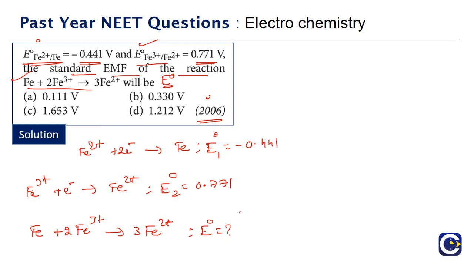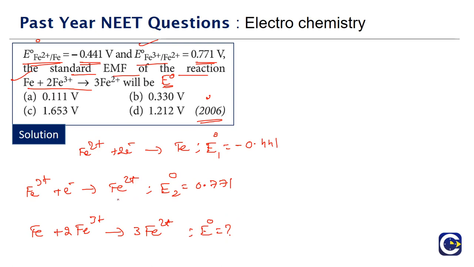If you have a set of reactions, and when we add up all the reactions we get a cumulative reaction, the del G of the cumulative reaction will be equal to the sum of the del G values of the individual reactions. So if we are adding two equations to get the third equation, the del G of the third equation will be equal to del G of the first plus del G of the second. The same relation holds for delta H also. If we add two reactions to get the third reaction, then del H of the third will be delta H1 plus delta H2. That is what we call Hess law in thermodynamics.